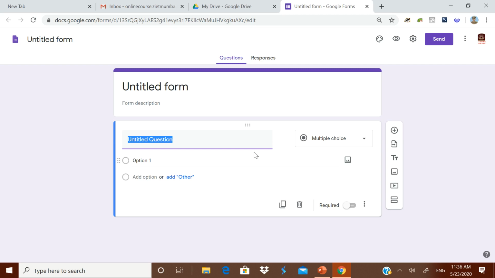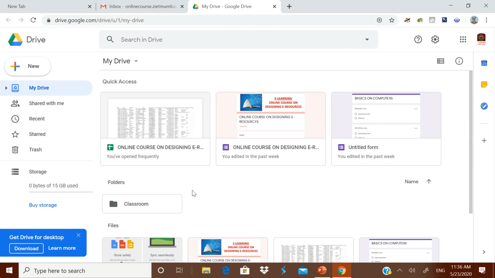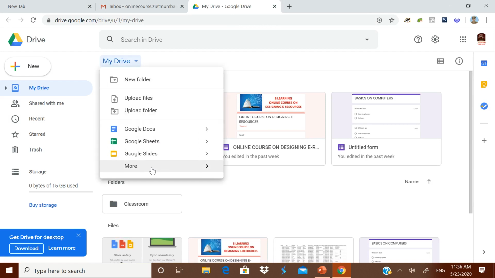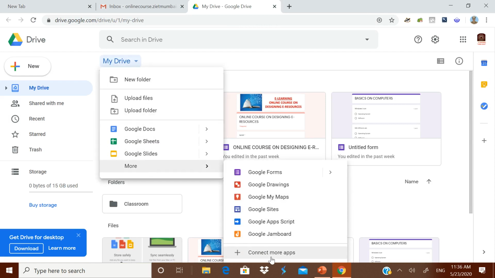What happens is, when you send this form to 50 people, they are filling their information, and all of it will automatically get compiled in an Excel worksheet. This is another advantage of Google Form. Another advantage of Google Form is you can have a quiz on that, as I already told you. We will discuss how to make a quiz using it in a separate video. Okay then. Now another thing, you can play around and find out what the remaining things available and more apps are there.